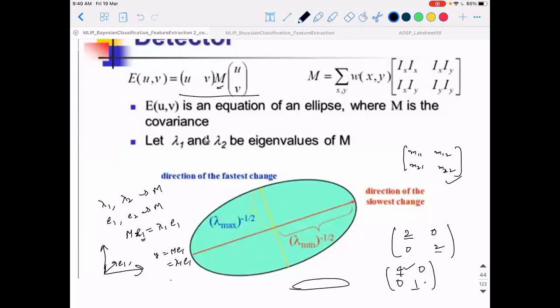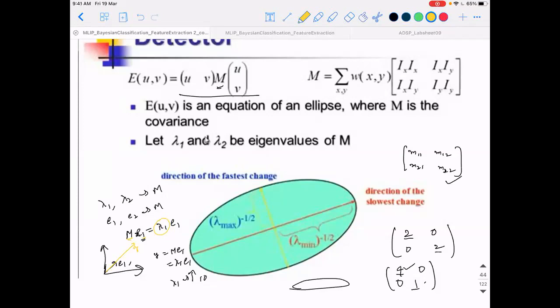What does it mean if lambda 1 is a high value, maybe 10 for example? You're getting a scaled version. Yeah, I'm getting a scaled version. So this matrix operation on eigenvector directions is nothing but scaling up, proportional to these lambdas. Yes or no? Yes.